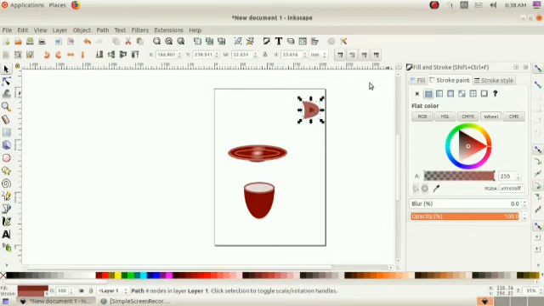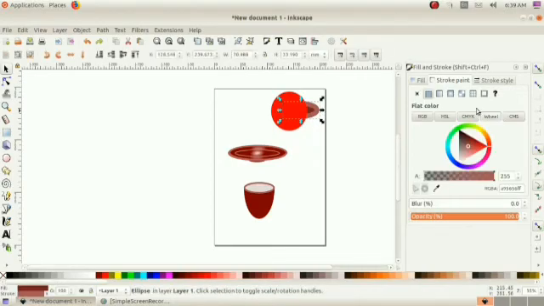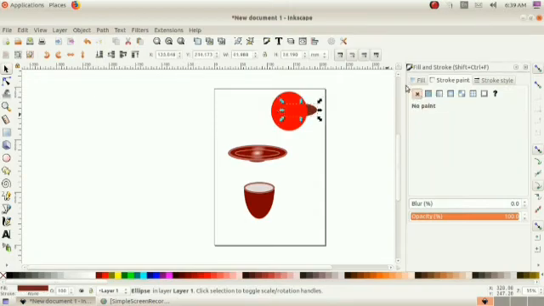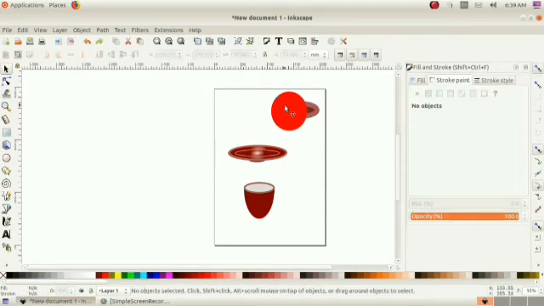Okay, fill color. The circle, then fill with white.